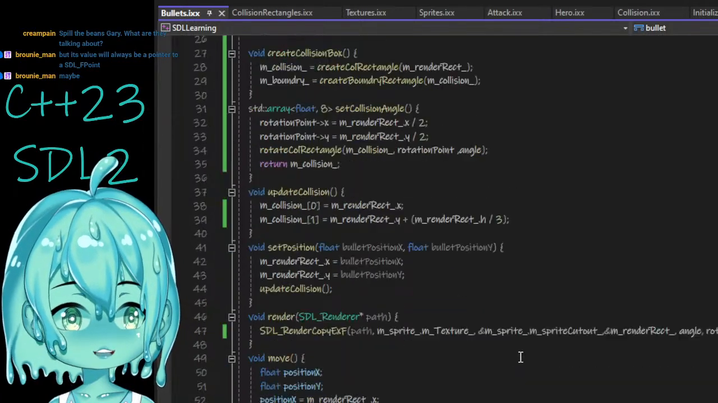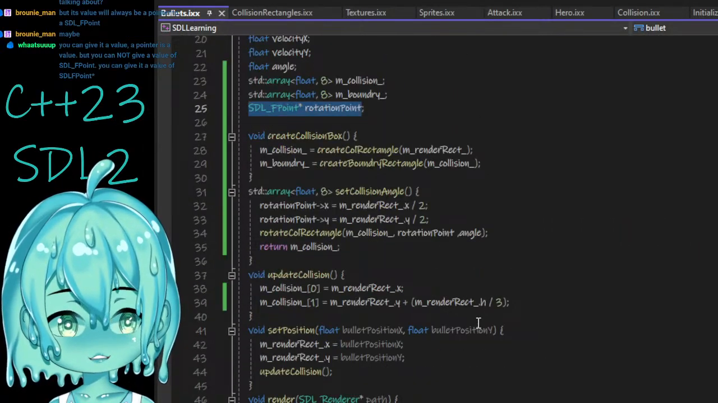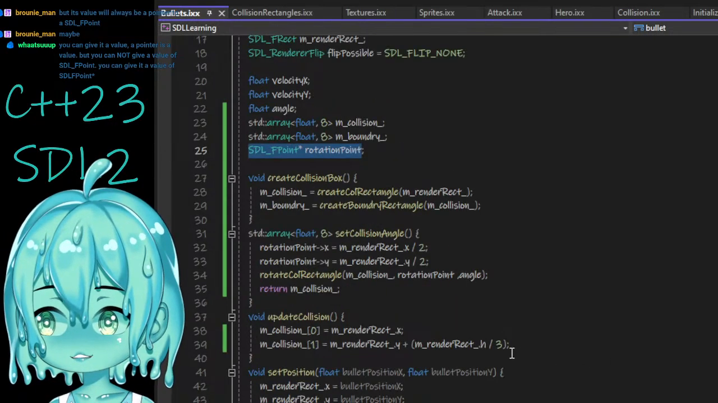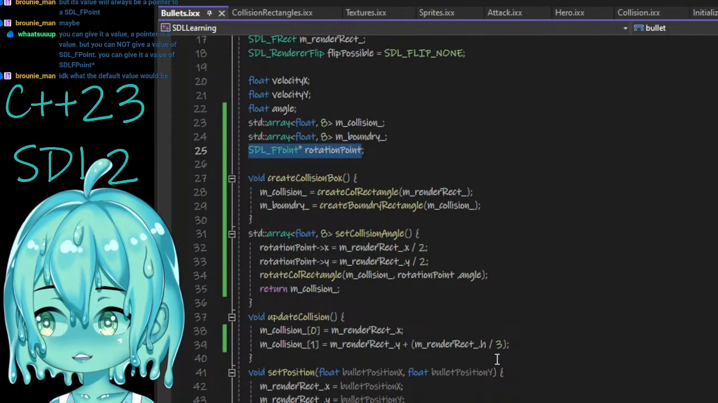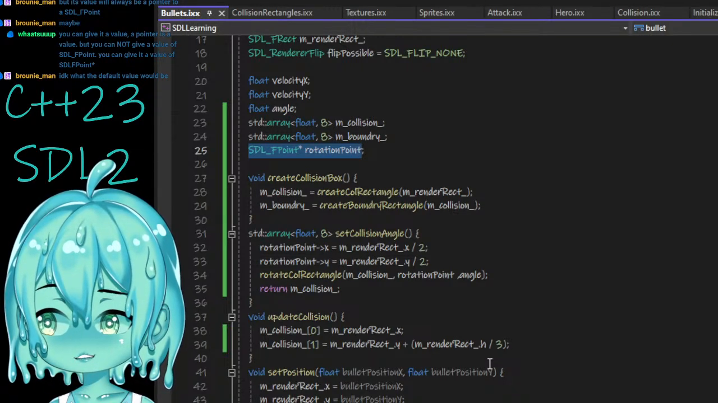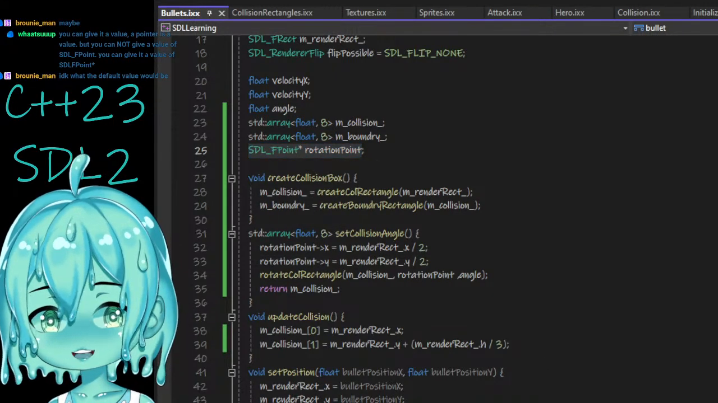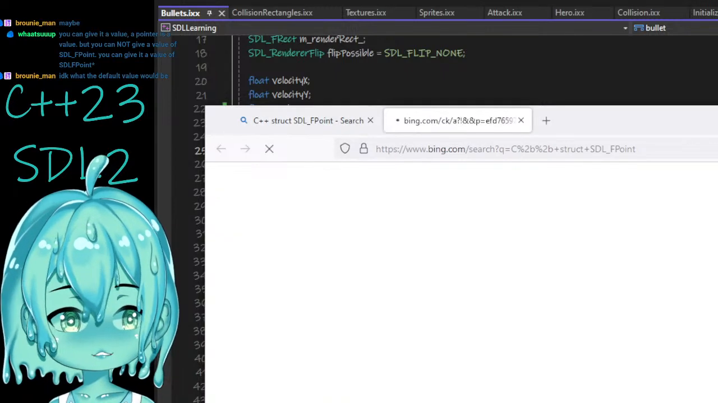Okay. So now, chat, I think now you can give it a value. A pointer is a value. You cannot give a value to an SDL float point, but you can give a value to an SDL float point pointer. I don't know what the default value would be. I think it says in the documentation,